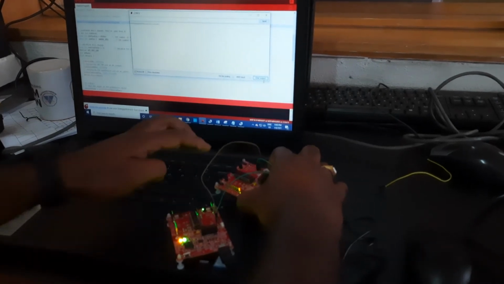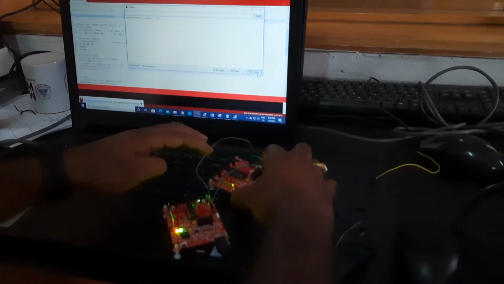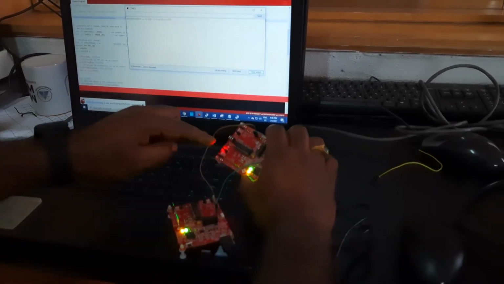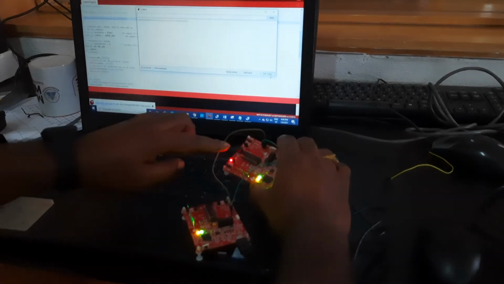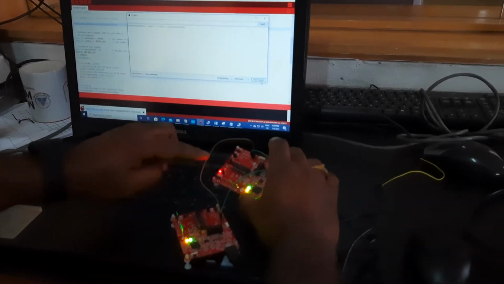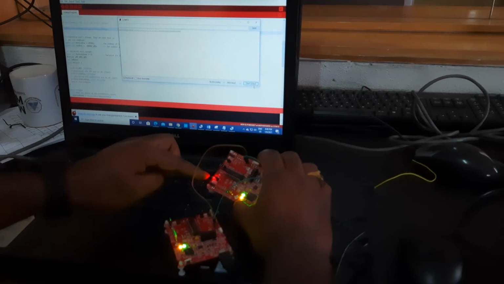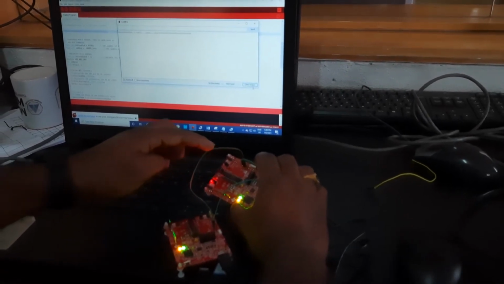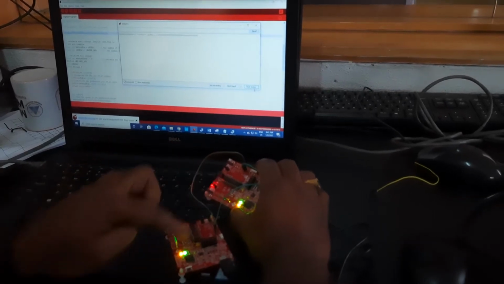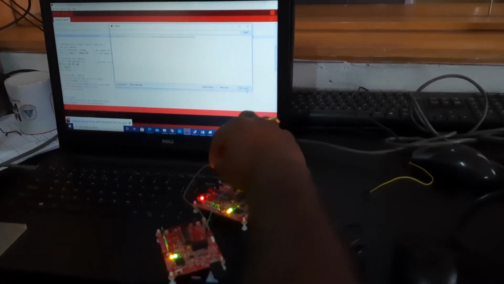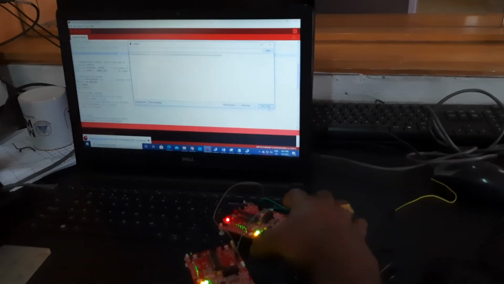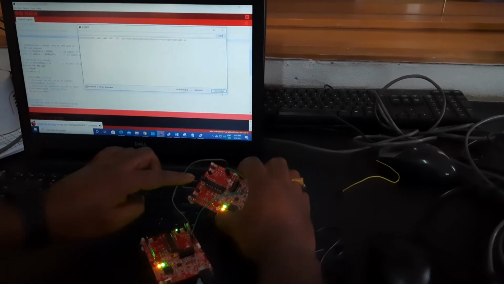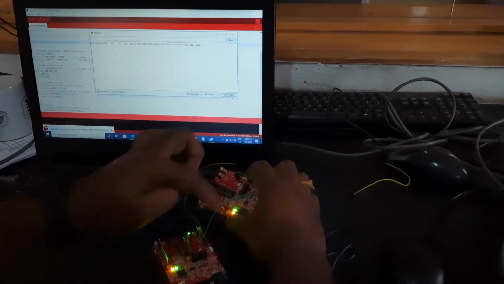Let us say this is the slave, and this is the master. So this master is sending the data to this slave. The program is written in such a way that whenever the button is released, it turns on this LED, and at the same time it sends 0 to this microcontroller through the transmitter pin, which is connected to the receiver. Whenever I press the button, it will generate a 1, this LED will go low, and it will send 1 to this microcontroller.